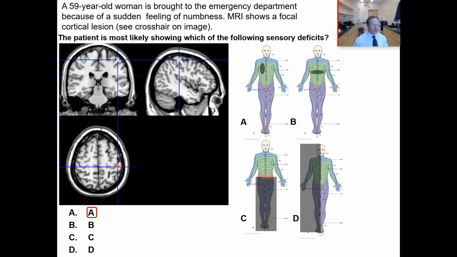So this will be on the MRI. We can see this is on the right side of the MRI. On an MRI you always have to flip, so that's actually on the left side of the brain. And because it's in the cortex, it will be on the right side of the body. The deficit will be on the right side of the body. There's a lot of switching involved, but remember, when you see an MRI,